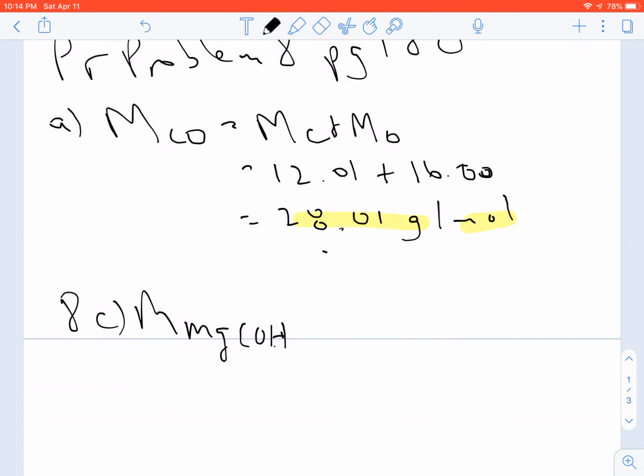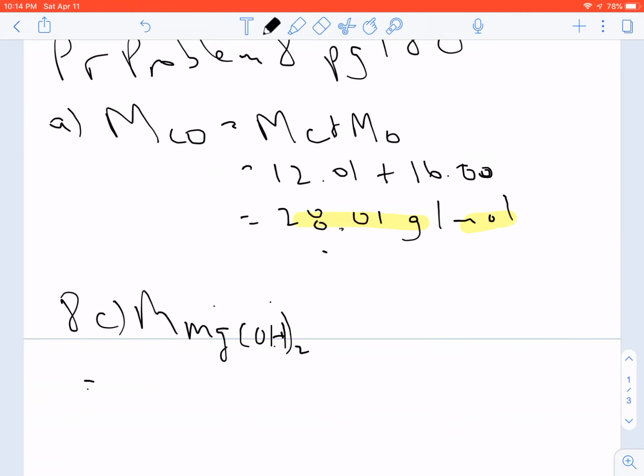Okay, magnesium is a +2, hydroxide is a -1. So the -1 comes to magnesium, the 2 goes down to hydroxide. So that's magnesium hydroxide, MgOH2. If I want to find the molar mass, it's going to be